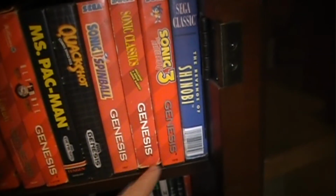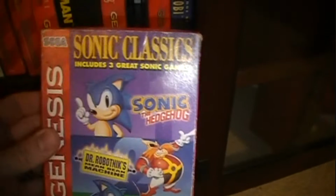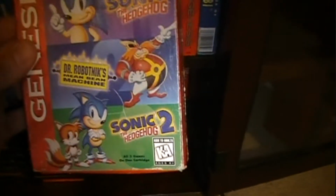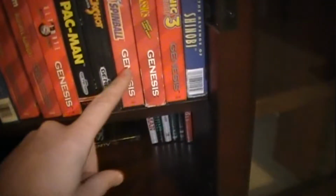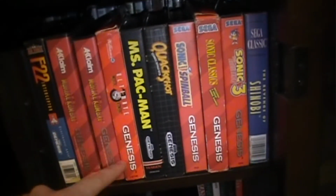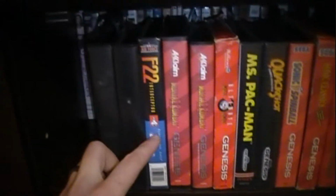And over here we have The Revenge of Shinobi, Sonic the Hedgehog 3. This is a Sonic Classics, and this is in a cardboard box. It's got 3 games in there: Sonic the Hedgehog, Dr. Robotnik's Mean Bean Machine, and Sonic 2. Sonic Spinball, Quackshot, Miss Pac-Man, Mortal Kombat 3, and I actually have 2 copies of Mortal Kombat 2, F-22, and then these are just generic